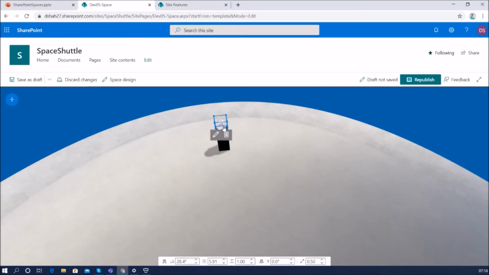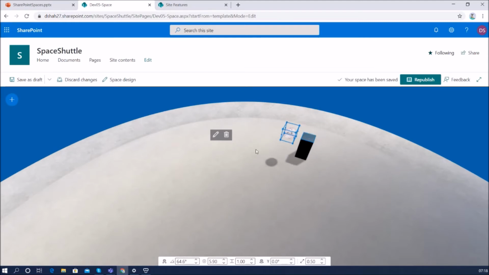Now once we click on this web part, we have different configuration properties for our web part. I am going to explain this in detail for the first few web parts, and after that we will skip this. For any SharePoint space web part, we have the display configuration property at the very bottom, where we have different options. The first option is angle. Angle is used to set where your web part will be placed on your space page.